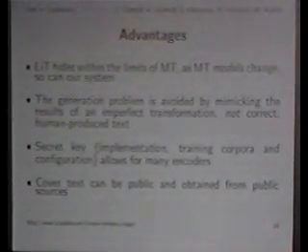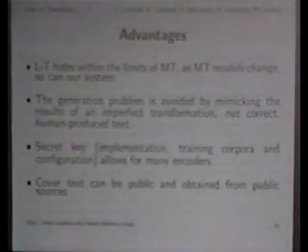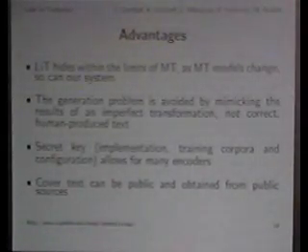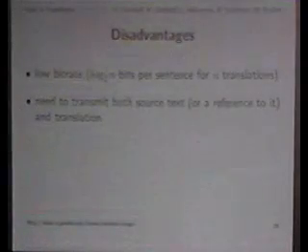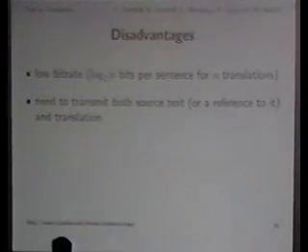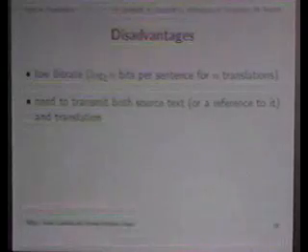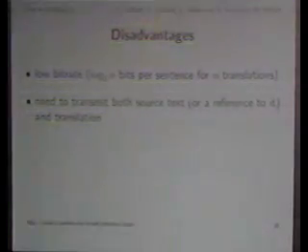And again, for now we can also say that the cover text was from a public source. You don't have to write a new one each time, take a new image or whatever else you use to generate a cover. What are the disadvantages? Well, the bitrate is still not really high, right? It's one of the big disadvantages of text: it is always very verbose compared to, say, binary data like images. And as I said multiple times before, we need to transmit both the source text, or some reference at least to it, and the translation for the decoder to work.